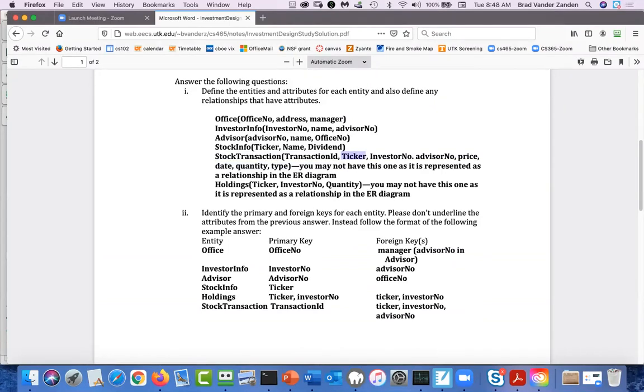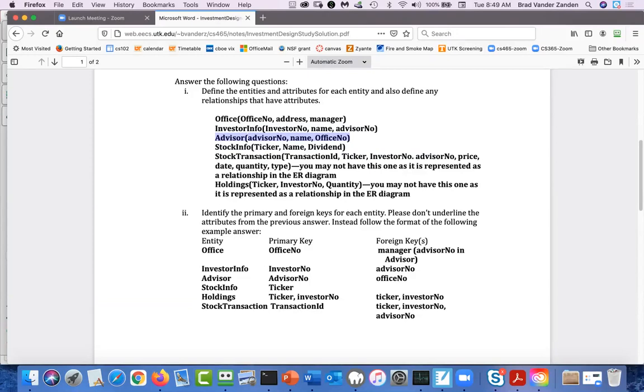The ticker is a foreign key into stock info, investor number is a foreign key into investor info, and advisor number is a foreign key into advisor. So there it truly is a